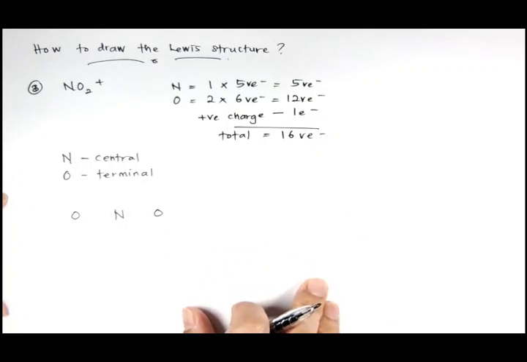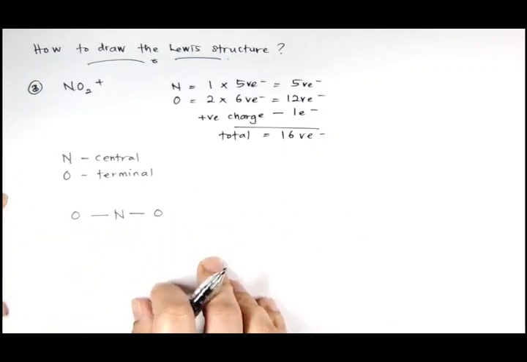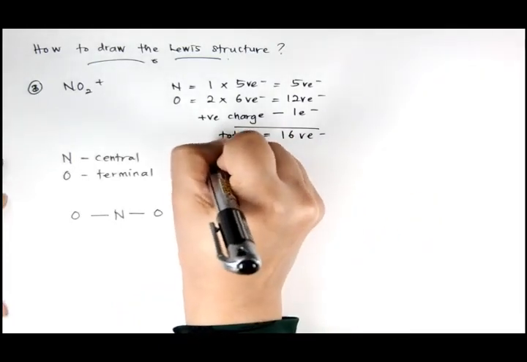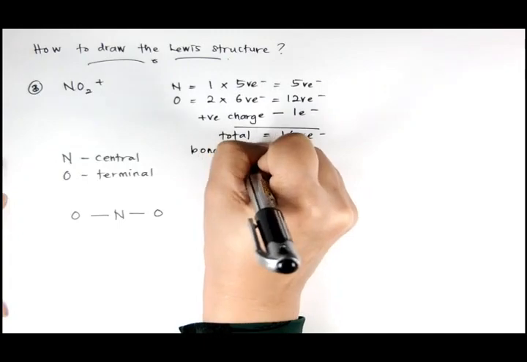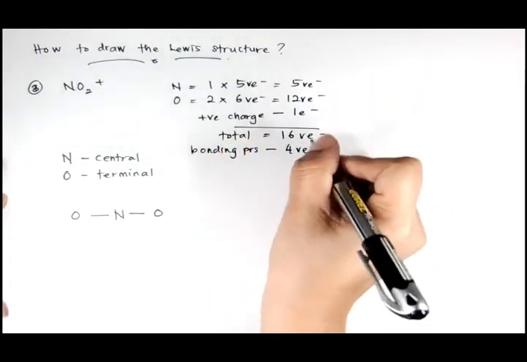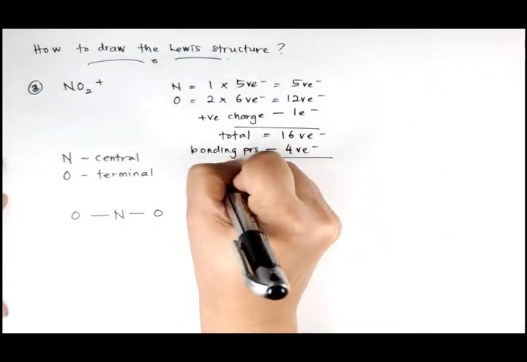Then show the bonding pairs between the nitrogen and the oxygens. We have 2 bonding pairs involved, so that means we have used 4 valence electrons. Using 4 valence electrons gives remaining electrons